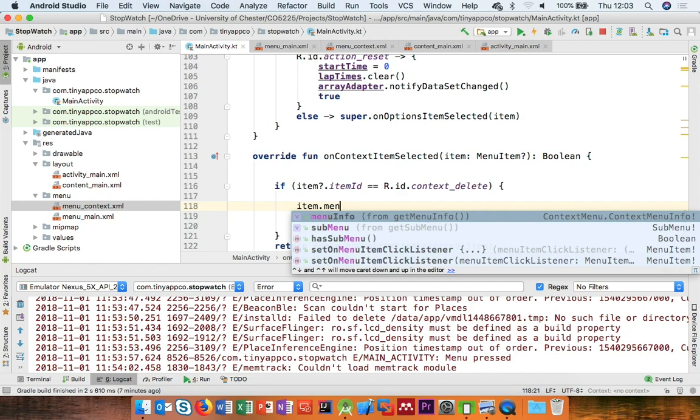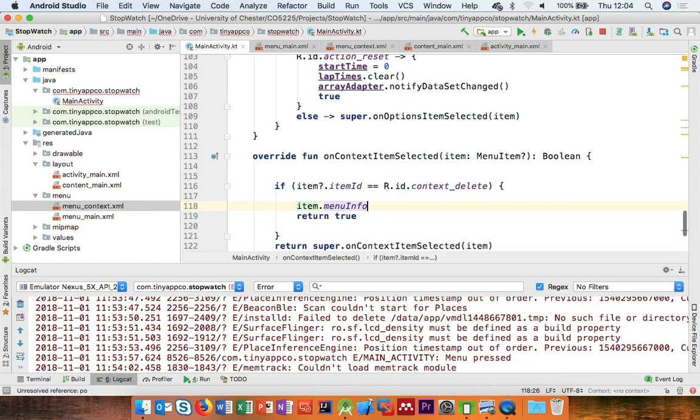Okay, that will give us some information, but in order to get the information we want, which is its position, we need to cast it as the type it will be. Because it's from an array adapter, there's something called an adapter view, and that's the type of menu info it is. So we have to do something like